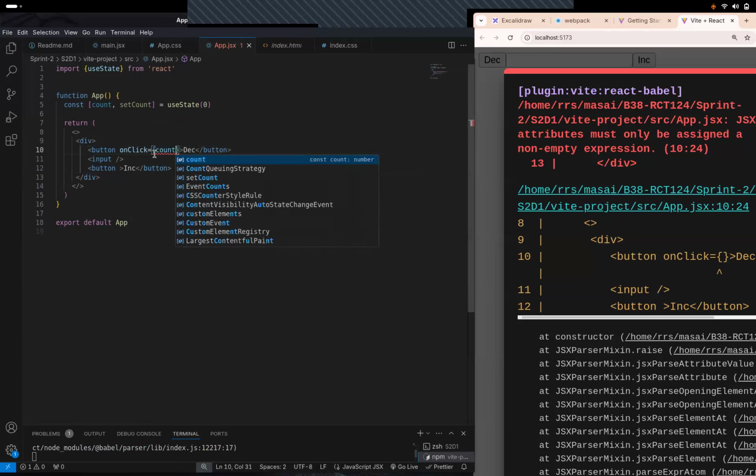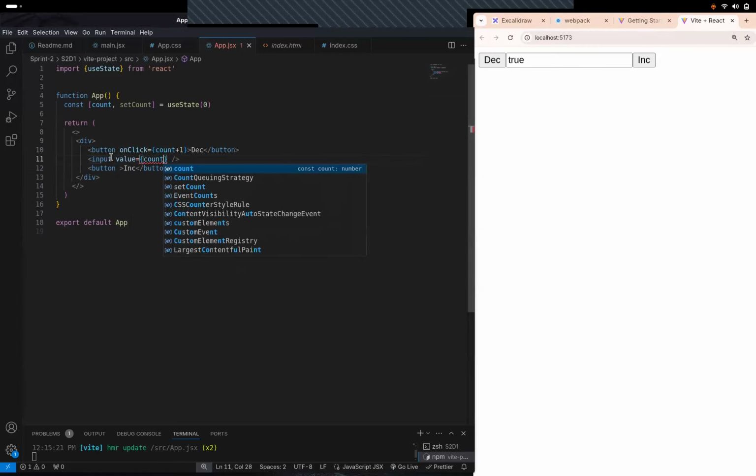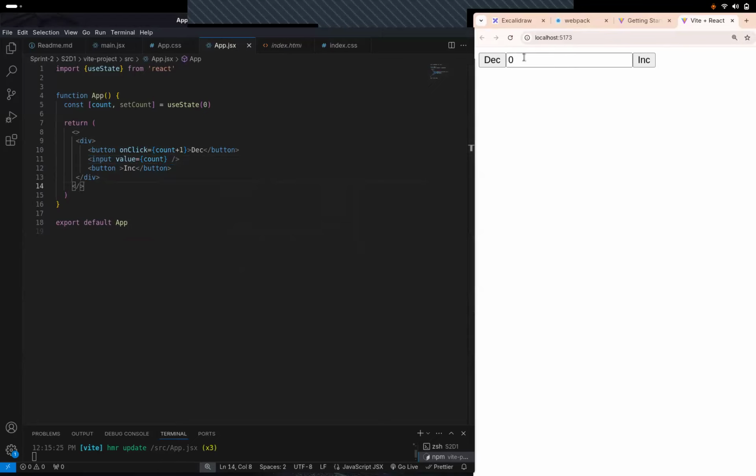And once you're clicking it, what do you want to do? You want to do count plus 1. Right? But for now, you can't just directly do count plus 1 because count is a state. Right? Leave that also for now, for onClick. How can I show this count in this input? Because it's empty. How can I show that count in this input? Use the value attribute. Right? So we'll have that value attribute, and in this we'll assign the count. So by default, that count will be present over here.